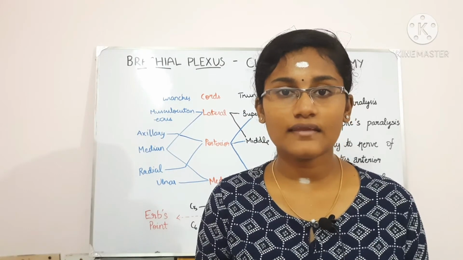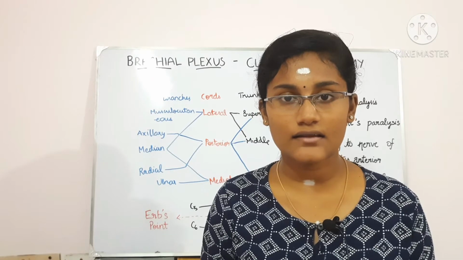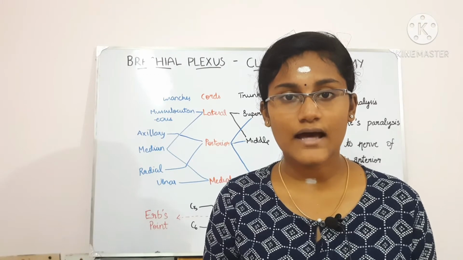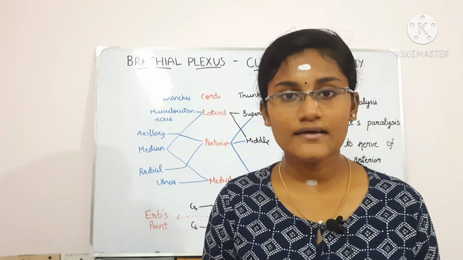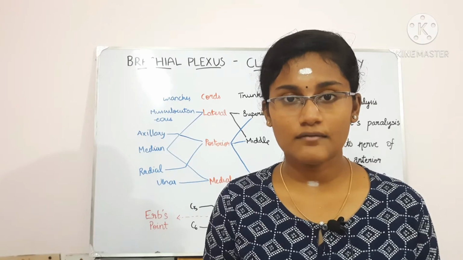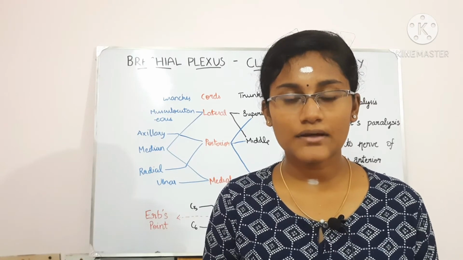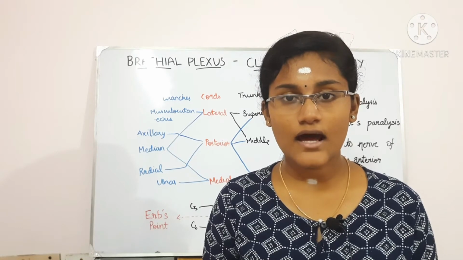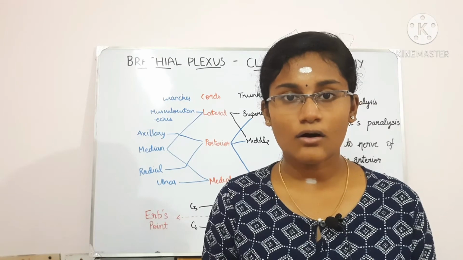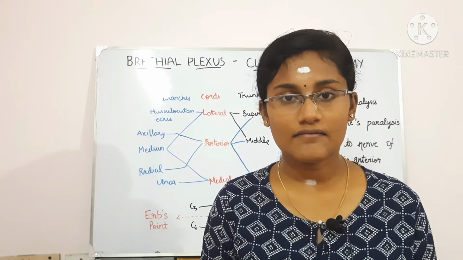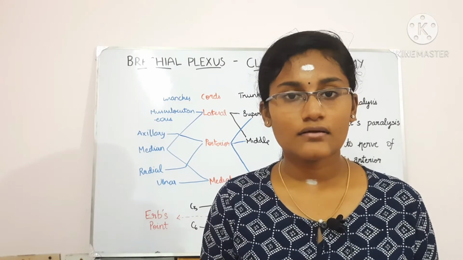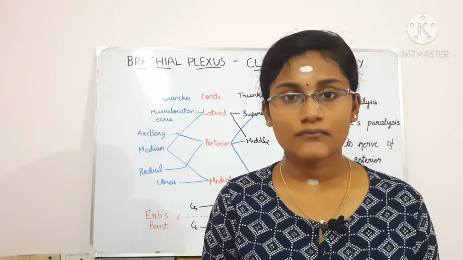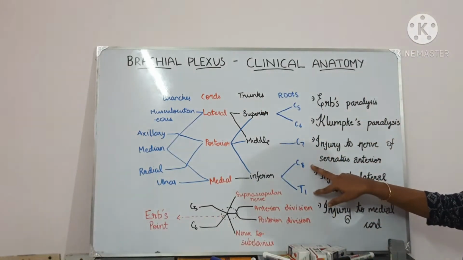So now let's talk about the second thing in the clinical anatomy, that is the Klumpke's paralysis. So during Klumpke's paralysis, the lower trunk of the brachial plexus is damaged. So this is in contrast to the Erb's paralysis, where the upper trunk of the brachial plexus was damaged. So the Klumpke's paralysis is caused because of the undue abduction of the arm, and this can happen because of a birth injury or because someone falls from a very high level with something clutched in their hands. The nerves that are mainly affected here are T1, and those which are partly affected are C8. Okay, so C8 roots and T1 roots are affected.